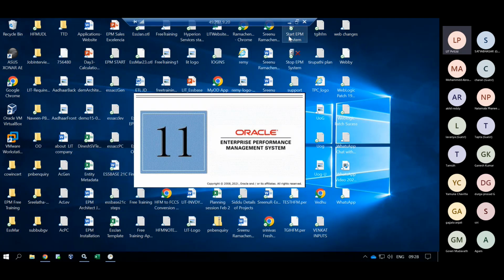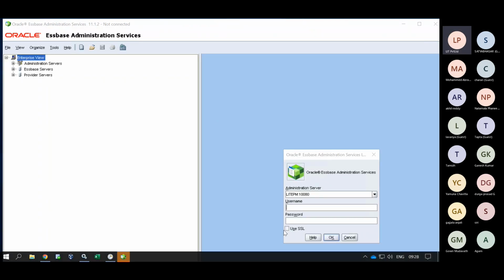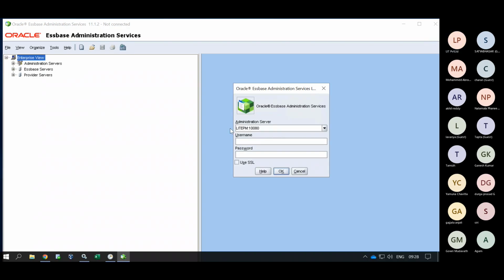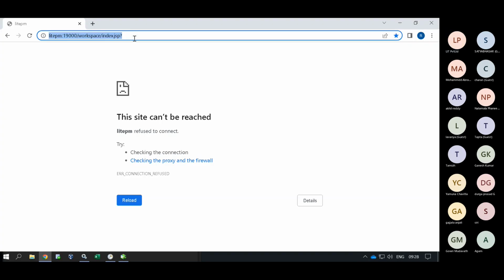And you'll get a pop-up window like this. This is the client. It is asking what is the server, what is the port of the server, the EA administration server, and to give the login details. This is the client. So the same thing that I can access through